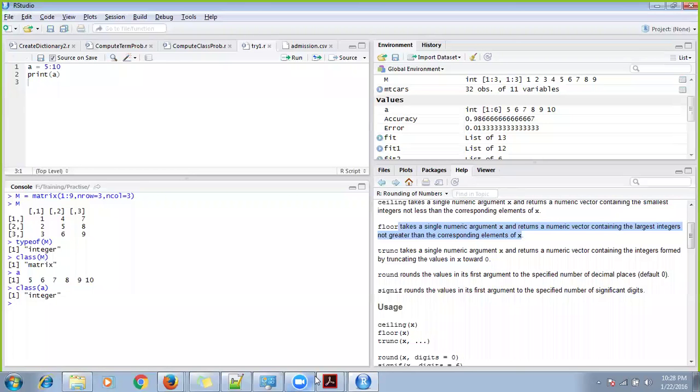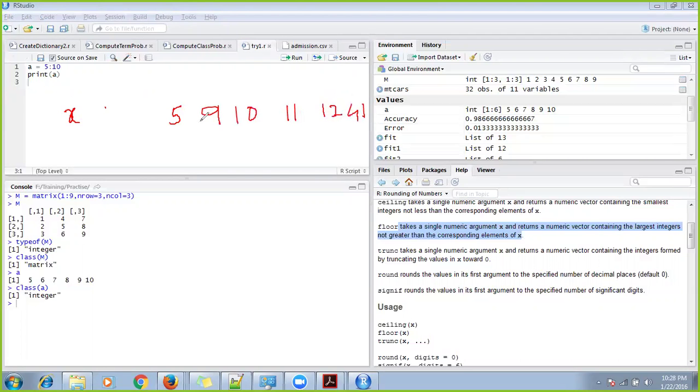Another way, let's say you want to represent some numbers. Let's say you want to create a vector x, and you want to put some numbers: 5, 9, 10, 11, 12, and 41. I'm just giving a separator so that it is easy for you to understand. So how do I do that? Sequence will not work, right? Because sequence gives me normal consecutive numbers. But this is a very practical case where I might need something like this. So what should I do in this case is,